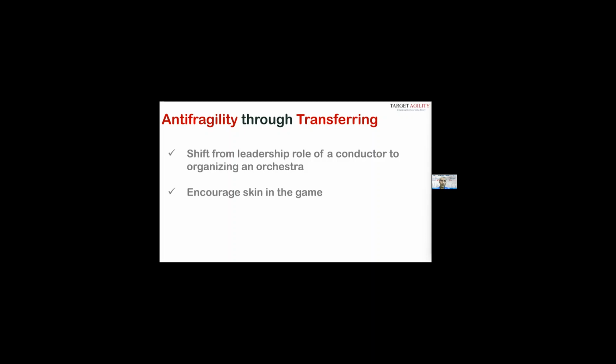And finally, coming to antifragility through transferring. You want to have a complete decentralized